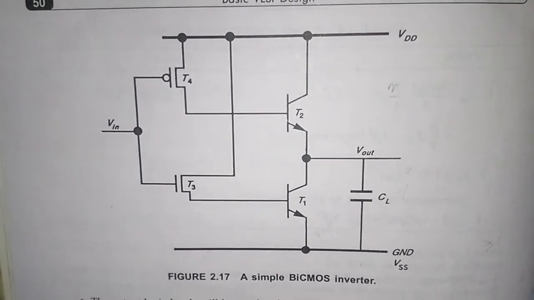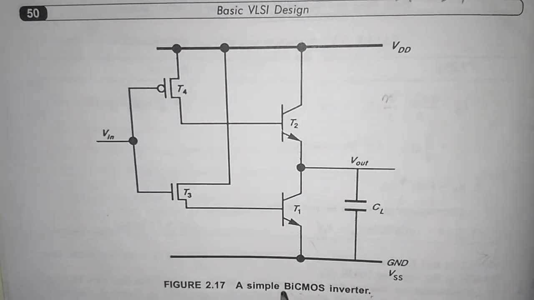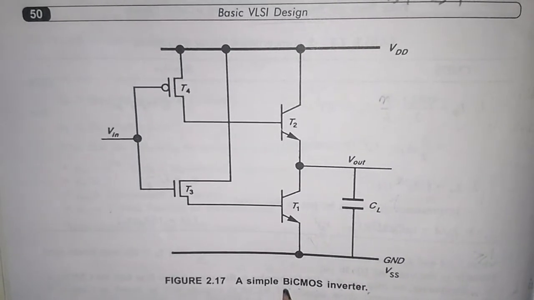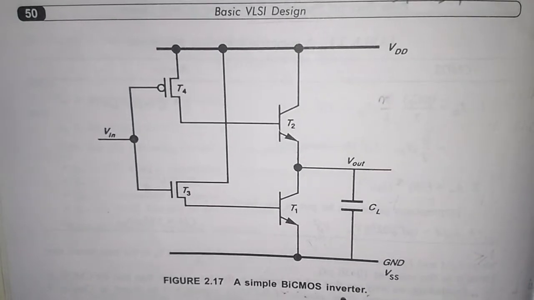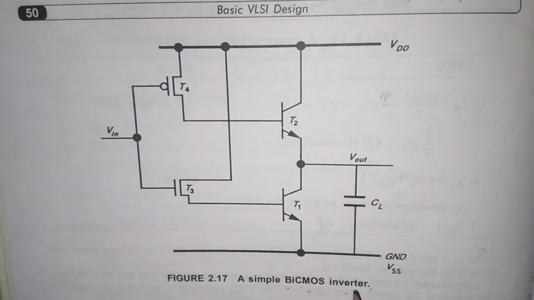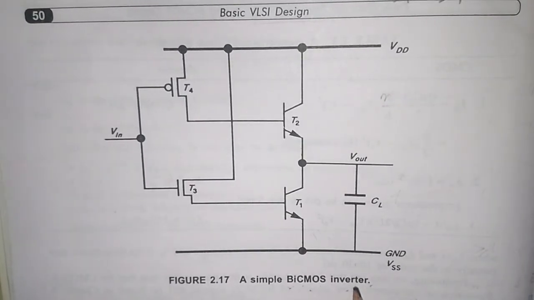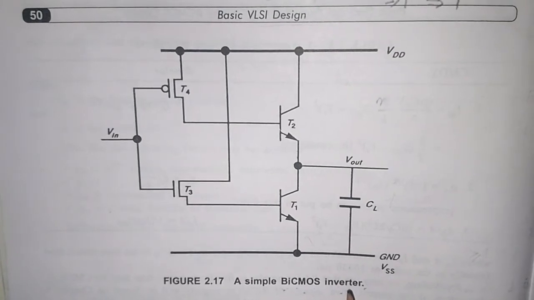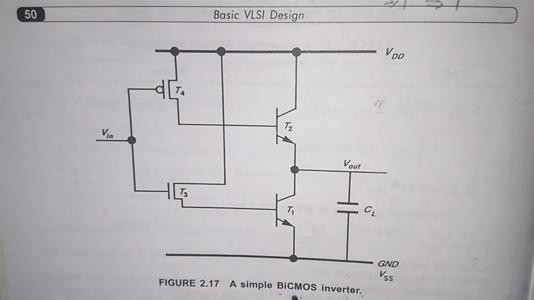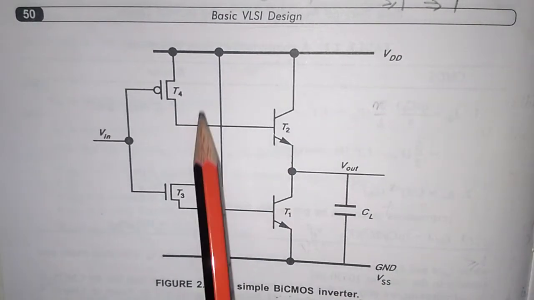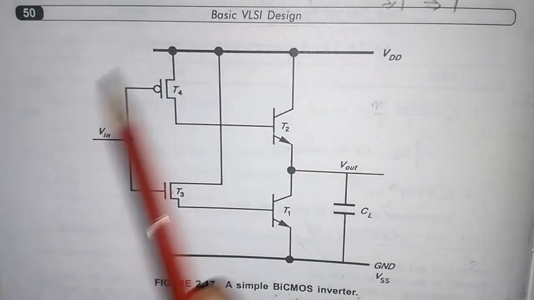In this video, let us learn about a simple BiCMOS inverter. Bi stands for bipolar junction transistor, and CMOS is a complementary MOS inverter. And you all know what an inverter is. If the input is at logic 0, the output is going to be logic high, and if the input is logic high, then the output is going to be logic low. So this is called a BiCMOS inverter because you have both the CMOS and the BJT together